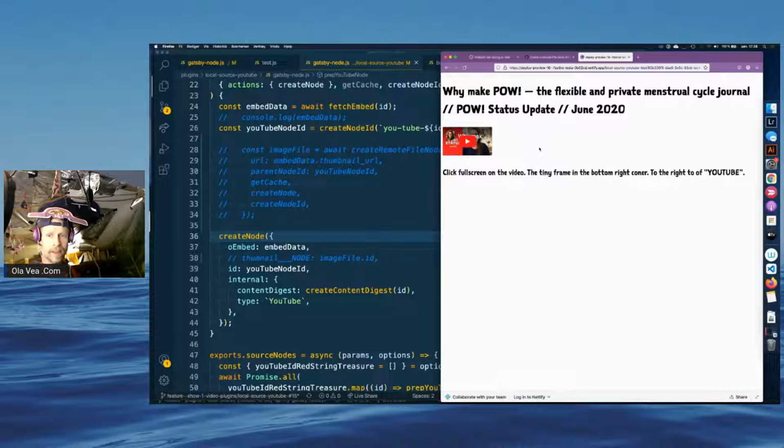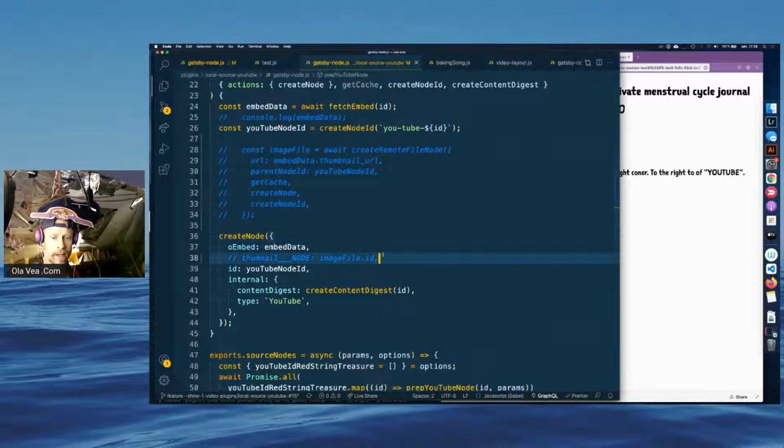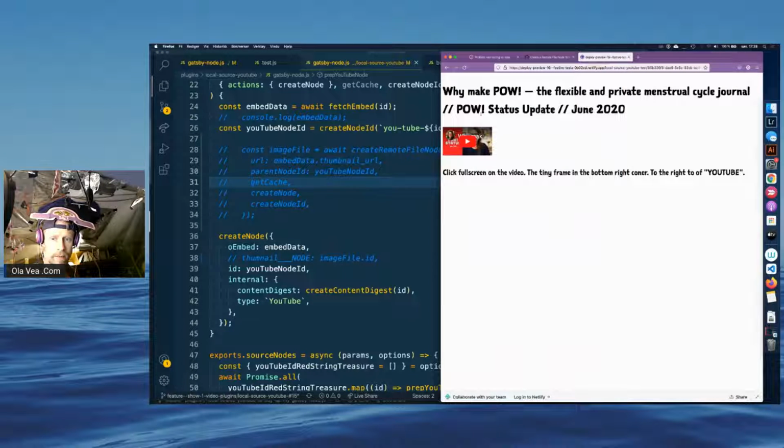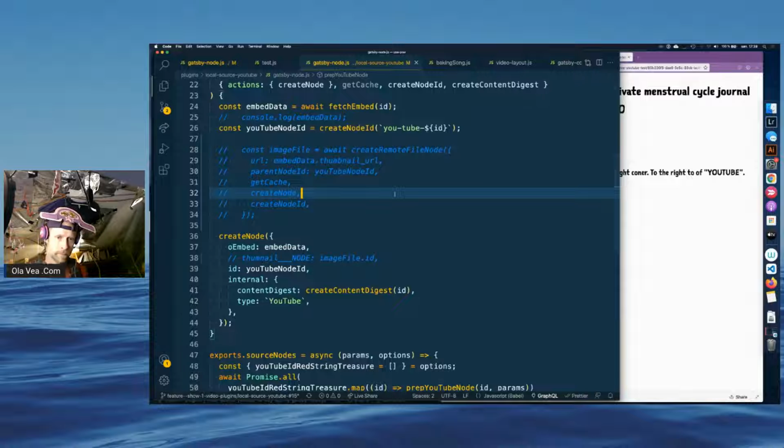That HTML thing can actually be made bigger, but I'm going to use the thumbnail inside this node, and I'm going to make it bigger so that we get big thumbnails. All right, you see, I commented out the code here. So this node here,